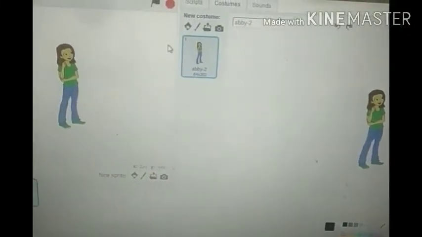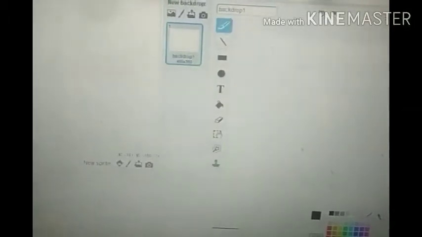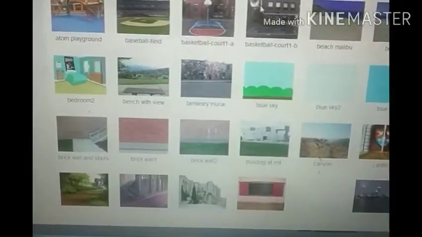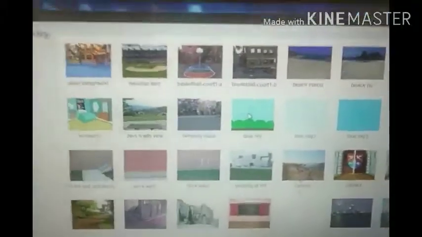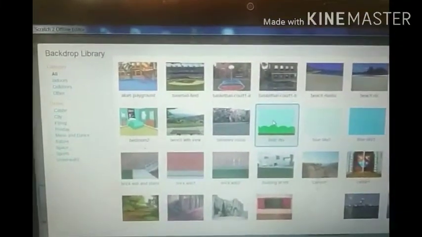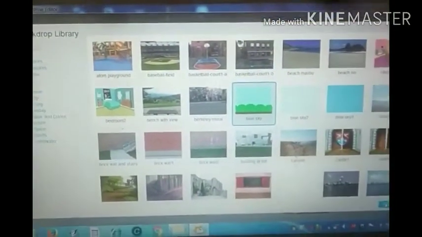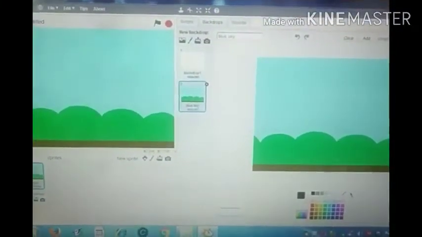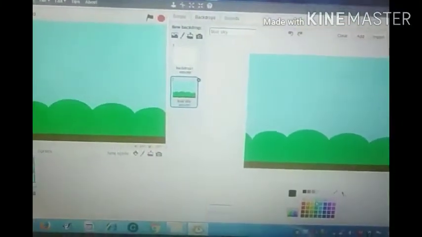After deleting this, right click and delete. Now it requires a new backdrop, so we select a new backdrop. As we can see this blue sky, we will go with the blue sky only as the backdrop from the library, and pressing enter or clicking OK, it will be implemented on our screen as a backdrop. And further we can draw a road and other things over here.